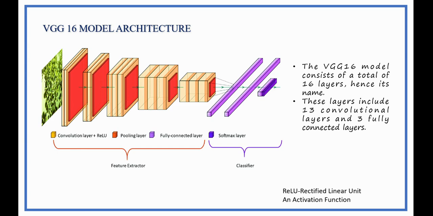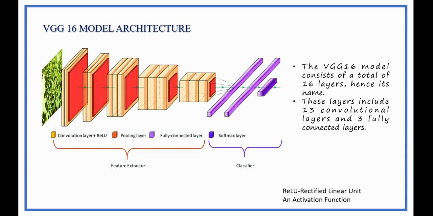Each convolutional layer is followed by ReLU activation to introduce non-linearity. In the max pooling layer, after every 2 or 3 convolution layers, a 2 x 2 max pooling layer is applied. It reduces the spatial size of the feature maps, helping in dimensionality reduction and faster computation. Fully connected layers: after the feature extraction, the model has 3 dense fully connected layers. The first 2 fully connected layers have